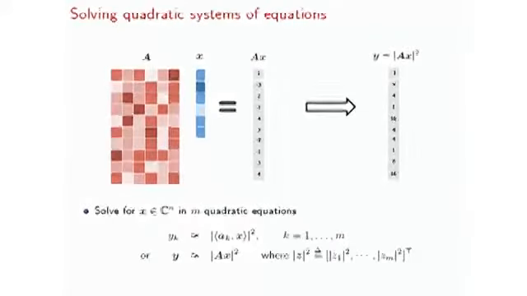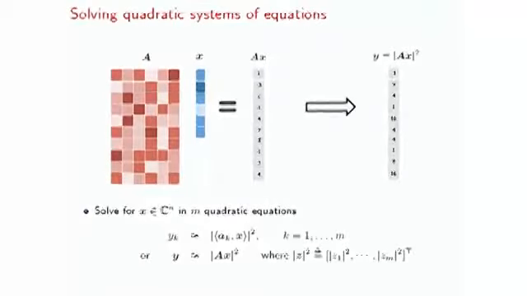So imagine that I have an unknown vector x, which contains n variables, and what we are given is a set of quadratic equations or quadratic measurements about this unknown object. So more precisely, suppose that we obtain m quadratic equations or quadratic measurements about this object, and in each equation, a_k is the sampling vector that we are going to employ, and y_k is the resulting data that we collect. So the total sample size is m. Now the question is, can we hope to recover x from this nonlinear system of equations?